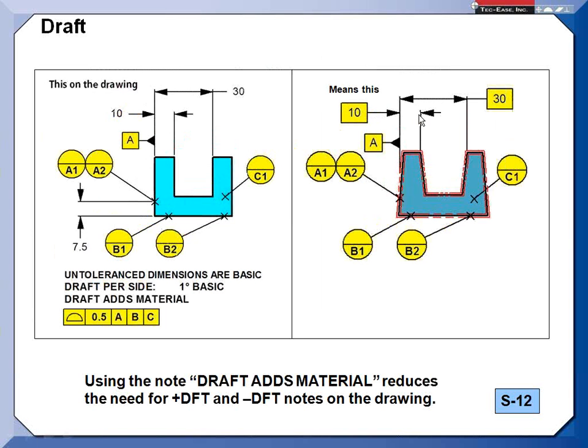Now, there's some people who say a lot better way than plus draft, minus draft is to just have a note that says draft adds material, or sometimes people say draft adds mass or draft adds metal. Doesn't work real well with the plastic parts, but let's see how that works, because that's a little bit different now. If you have a general note that says that draft adds material, as we see here,